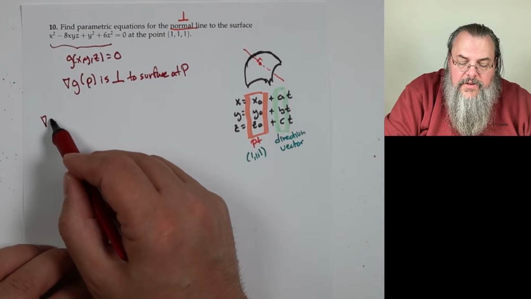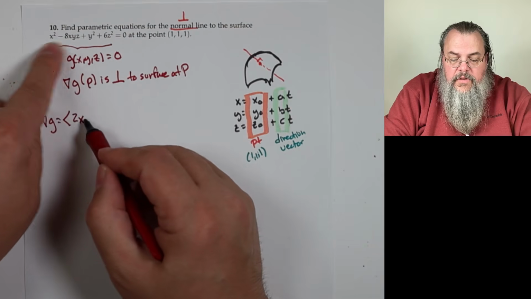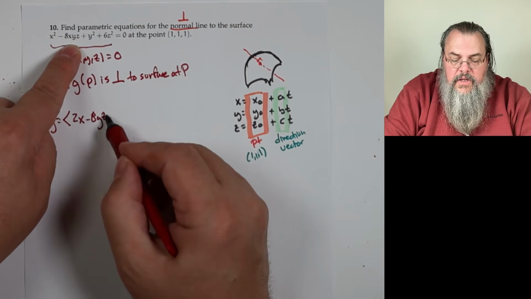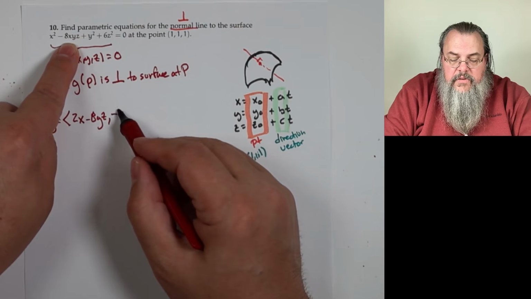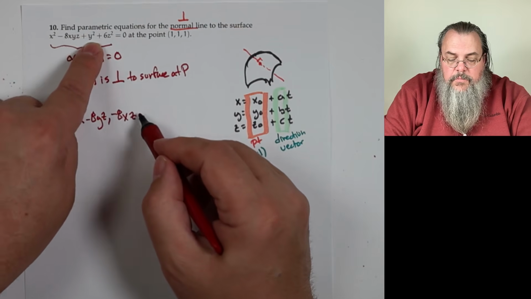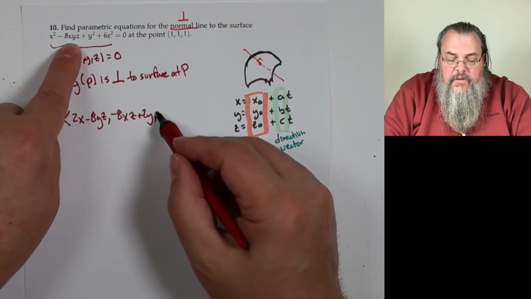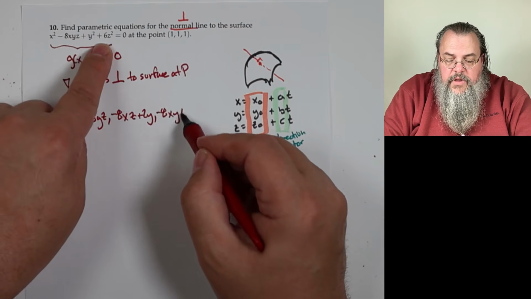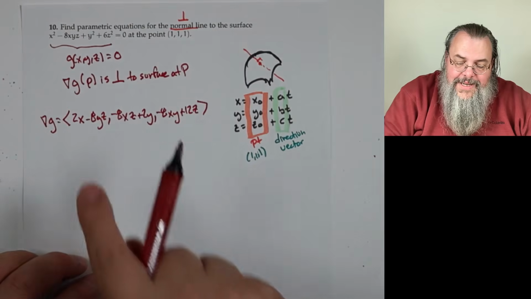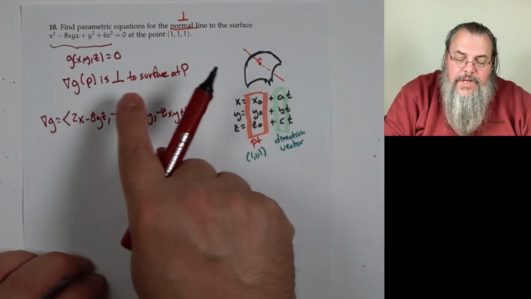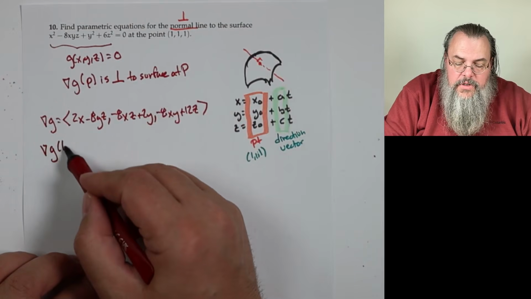We take our gradient. So the gradient of g, take the derivative with respect to x: 2x minus 8yz. And that's it. Derivative with respect to y: minus 8xz plus 2y, comma. Derivative with respect to z: minus 8xy plus 12z. Now, that's the gradient at any point. We need to evaluate it at our specific point. So the gradient of g at 1, 1, 1,